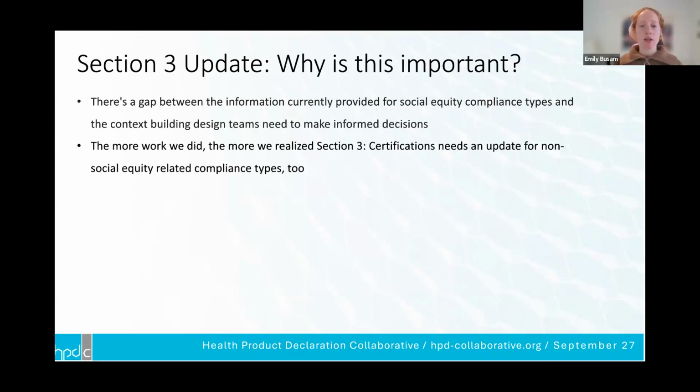And then the more work we did on this, the more we realized that this Section 3 of an HPD just needs to be updated anyways, because it's not inclusive of other types of compliance that isn't necessarily a certification, but that is currently included in this section.